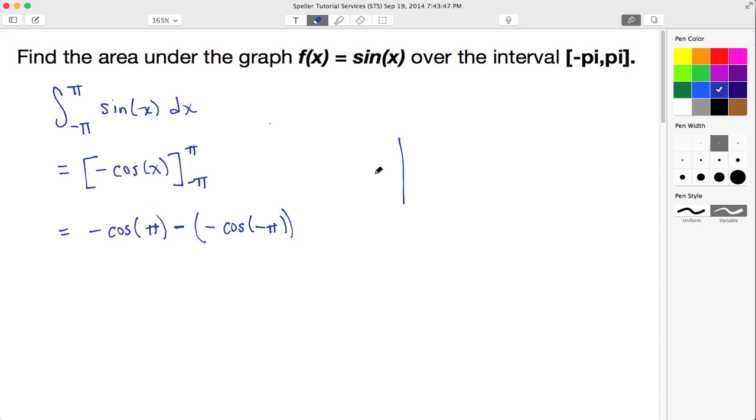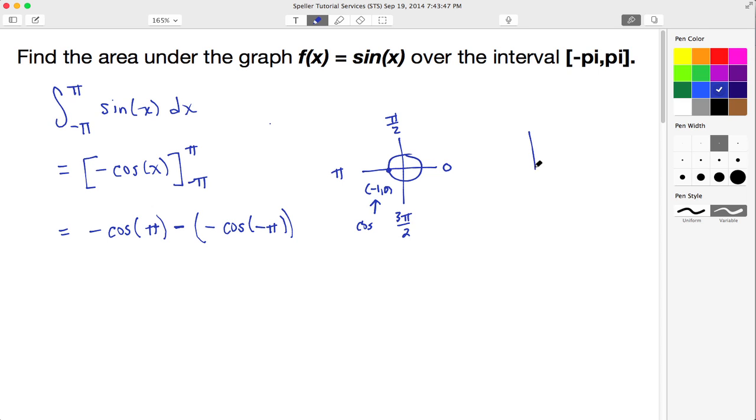All right, let's begin with the upper bound. All I'm going to do here is draw a unit circle. With the unit circle, I know the radius is 1. So that means when I come back to this point here, it has coordinates of -1, 0. As I work my way around the unit circle in a counterclockwise fashion, this here is 0. Up here is pi over 2. This location is pi. And down here is 3 pi over 2. Our concentration is here at pi because that's our upper bound. And we know that the x value corresponds to the cosine trig function. So the cosine at a value of pi gives me a result of -1.